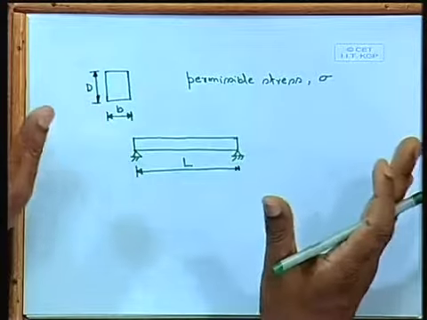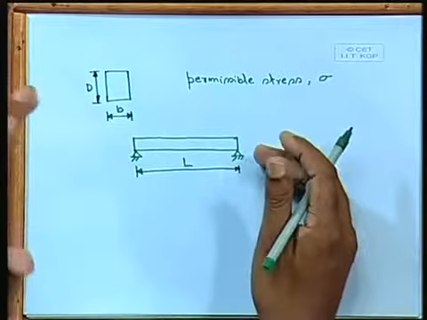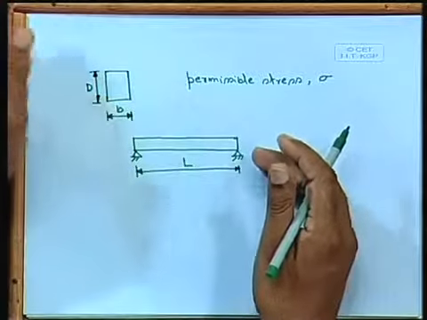We can consider different kinds of load, say a concentrated load at the center, or UDL, whatever arbitrary load. So what is the design philosophy? We have to find out the maximum moment. The beam has two actions: one is bending moment, which is the governing one, and the other is shear force. For the time being we are considering only bending. That means we shall check and resist bending only.